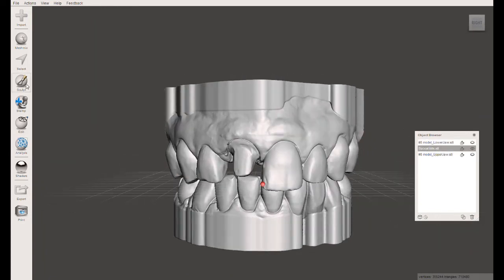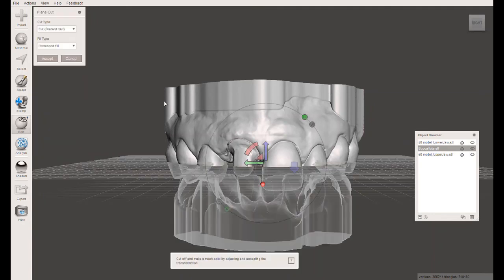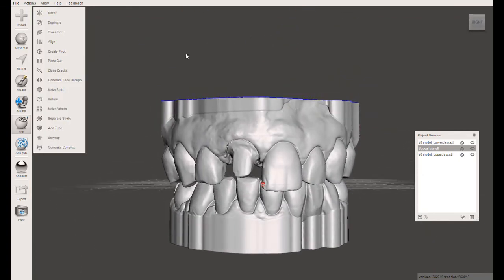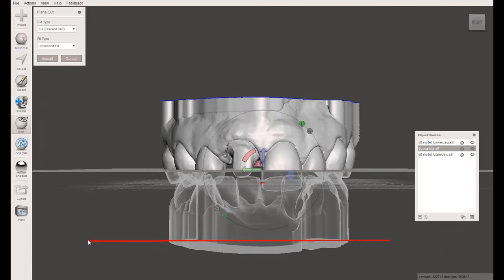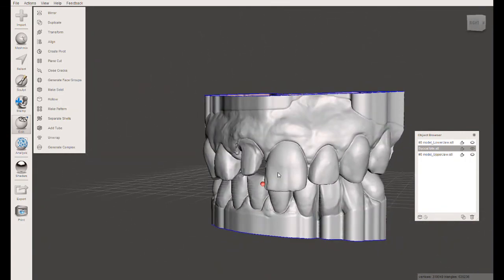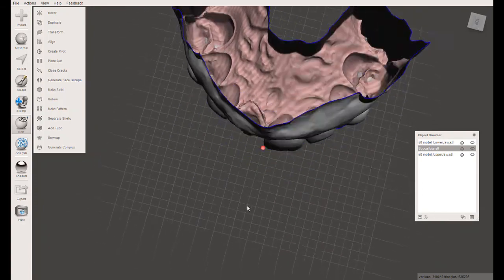Now for this, we'll do our plane cut twice. So we'll go ahead here, we'll go plane cut. We'll plane cut once here. Accept. Plane cut here. No fill, accept. File, export, buccal bite. And now the reason for this is you can see this is an open file now,